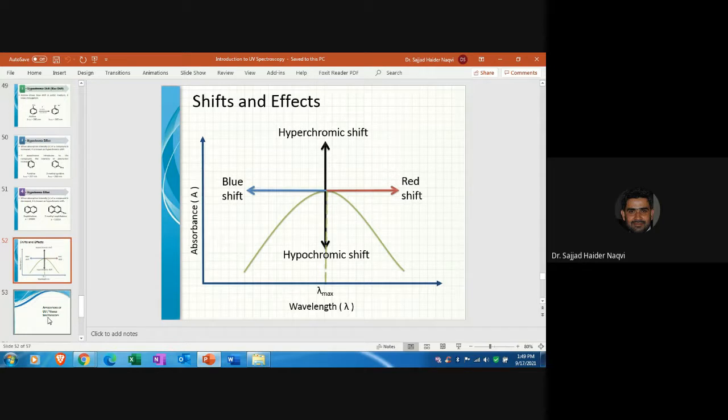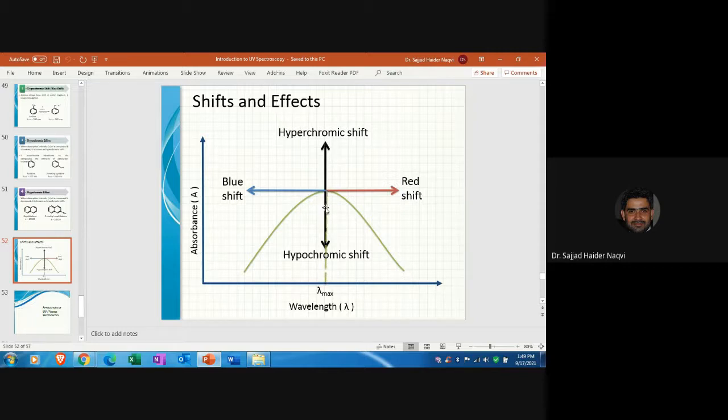Now, this is a graph which shows the relationship between absorbance versus the wavelength. And this is, I would say, the summary of what we studied right now. With the increase of the wavelength, we can see that more light is going to be absorbed till it reaches this point, and then it starts to decrease. So at this point, you can see there's the maximum absorbance, and this is the particular wavelength which shows the